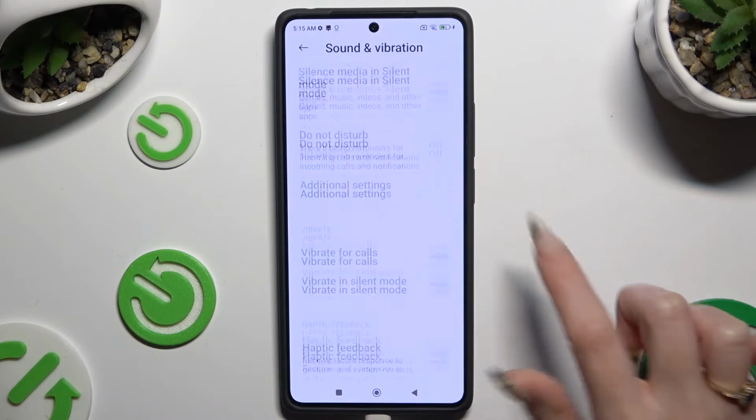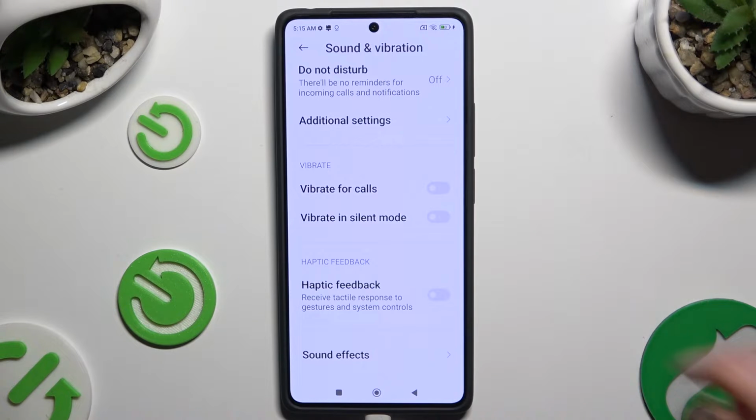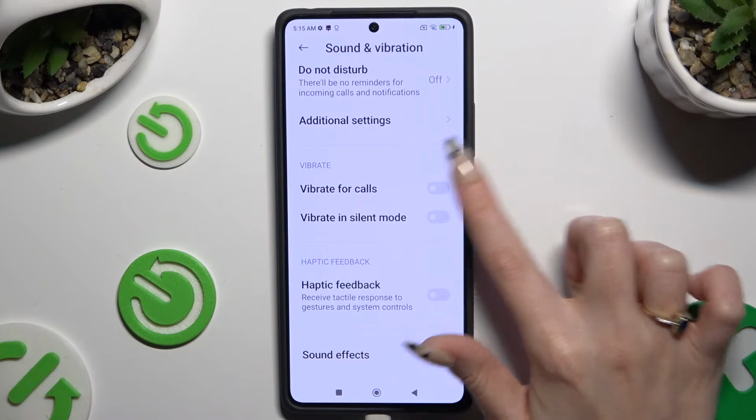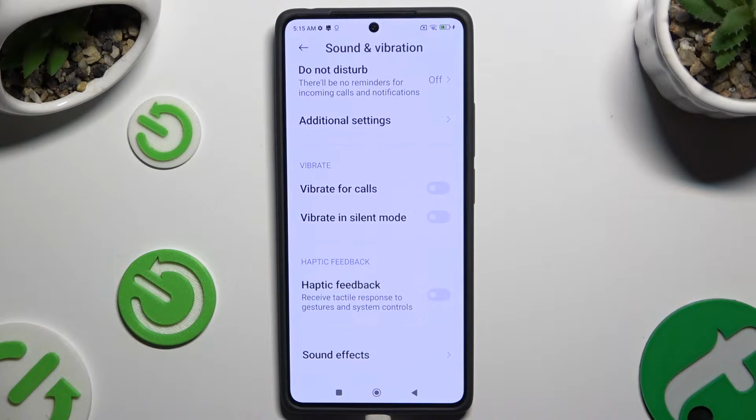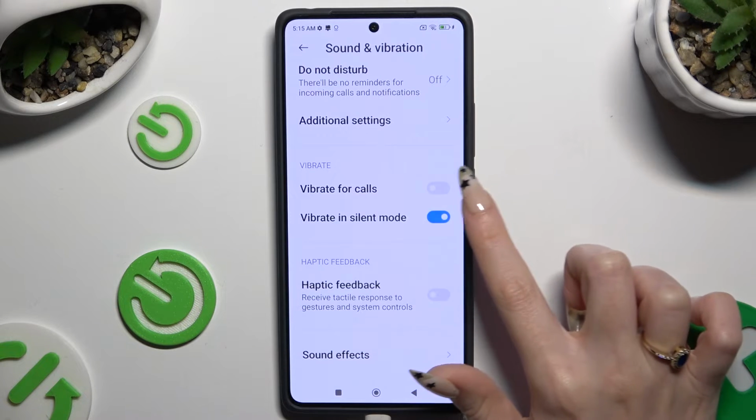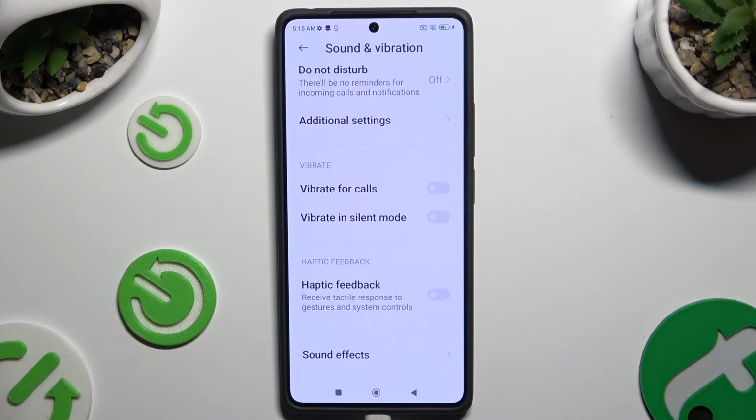Then scroll all the way down and click on this switcher next to Vibrate Phone Calls. This way you can switch on or off incoming calls vibrations. You can also click on this switcher next to Vibrate in Silent Mode to enable or disable vibrations when your